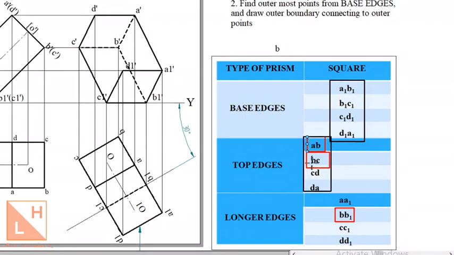Right now what we are checking is whether the edge is joined or not. Now let us check the last one, that is a longer edge. Check AA1. A1 is joined. BB1 is joined with a hidden edge. Either a visible edge or a hidden edge should be joined with respect to the final position. Next is CC1. C1 is joined. And the last one is DD1. DD1 is yet to be joined. So the remaining edges will be considered as a visible edge. So we can draw the line D to D1 with a visible edge. And that completes the solution for this particular problem.